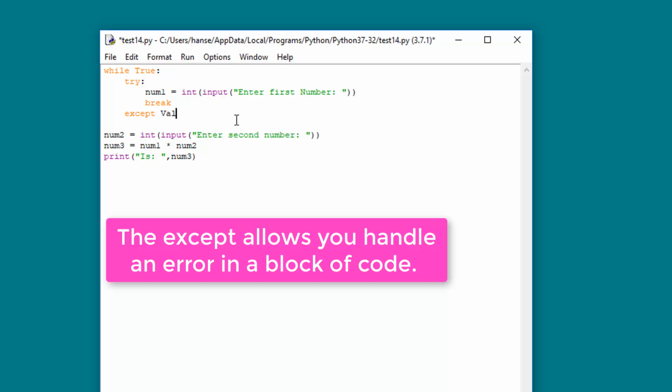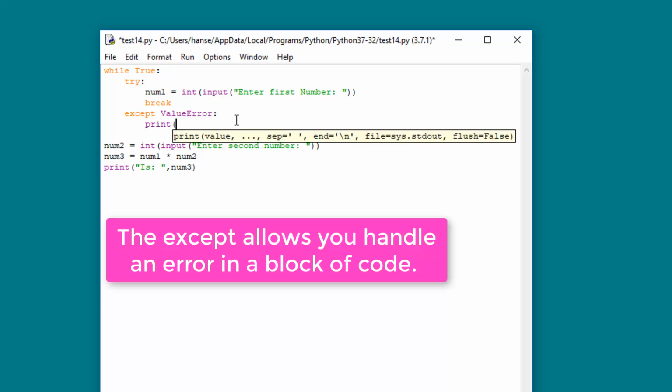Based on that, we're going to do a value error, and there's actually a variety of different kinds of errors that we could capture if we want. So on a value error, we're going to print, say, not an integer,